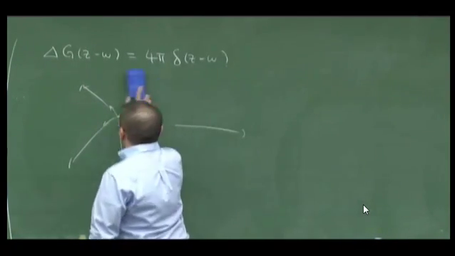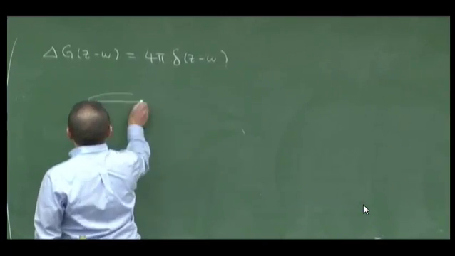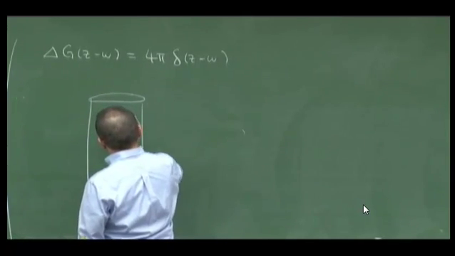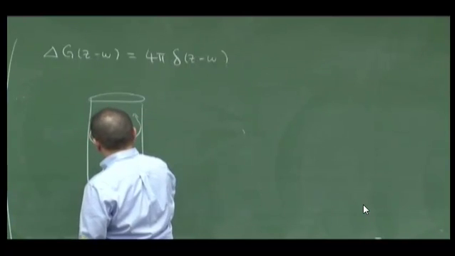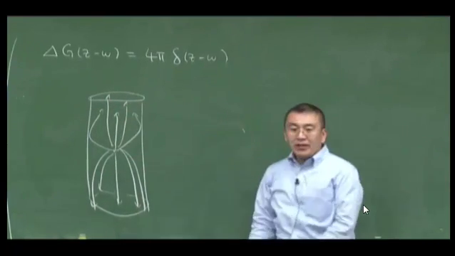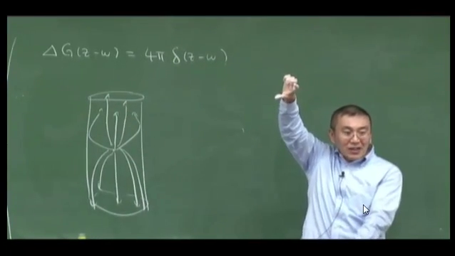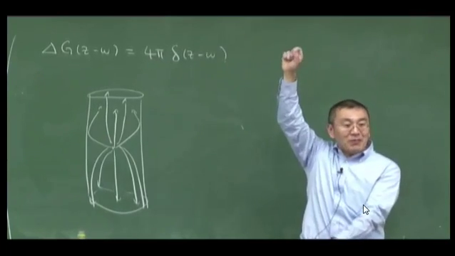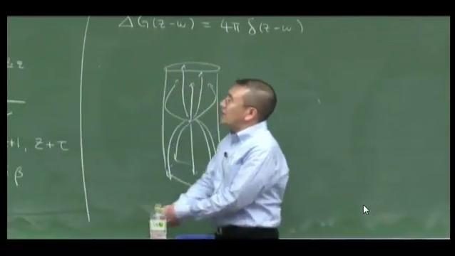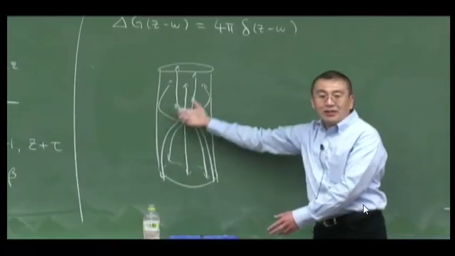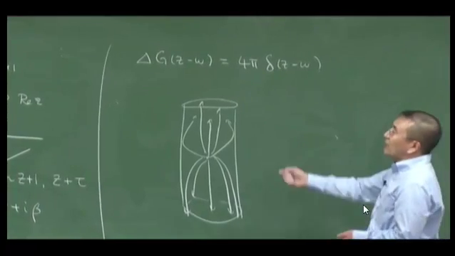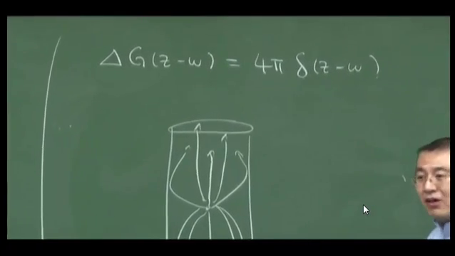Now, if you are on a cylinder, it's still okay, because the electric field is somewhat confined, but still it can escape to infinity. Electric flux can escape to infinity like that. It is sort of confined in a one-dimensional direction. That's why the potential had this linear behavior rather than logarithmic behavior. In general, the difference in the behavior of the Green's function toward infinity has to do with how these electric fluxes are confined. But now, if you think about it that way, then you recognize that this equation is not consistent,